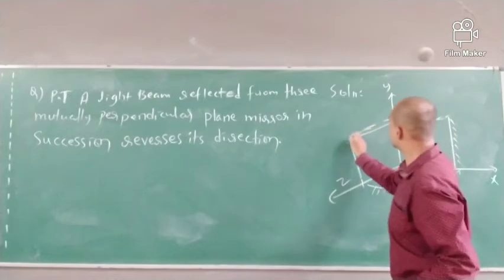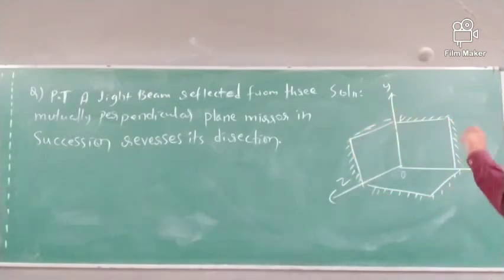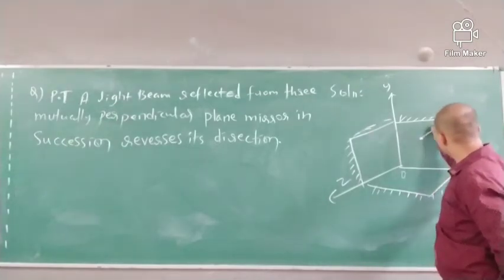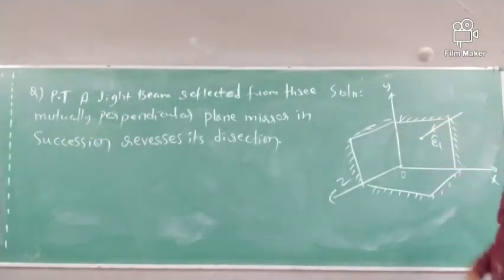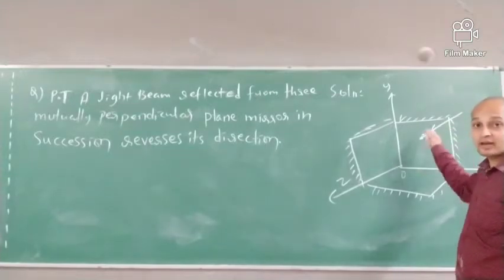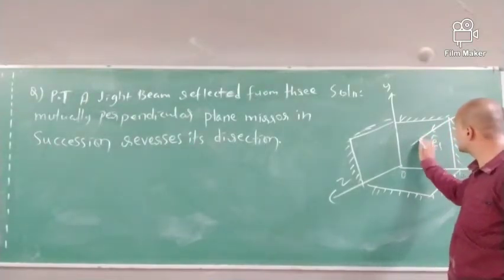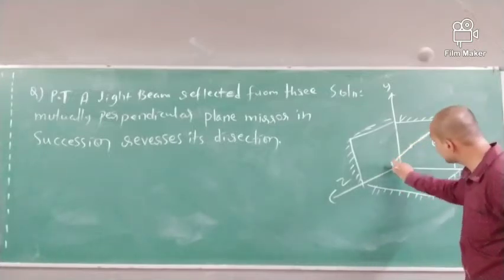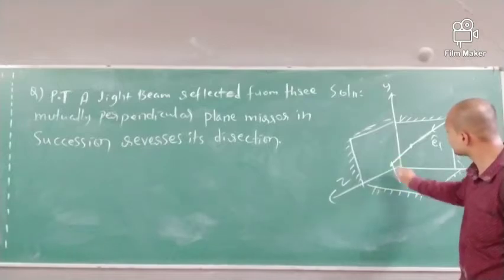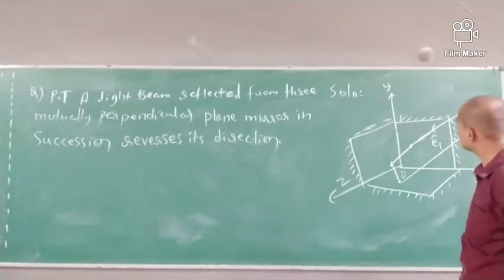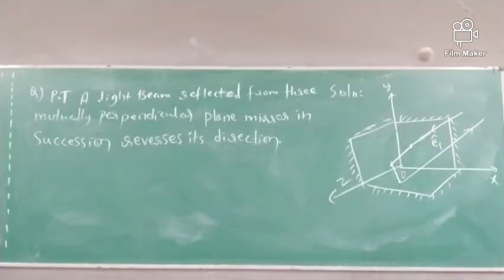What is that? Three mutually perpendicular mirrors. Now what is the content which it is saying is, suppose one incident ray having direction E1 cap is incident on a particular plane mirror. Let's say it will be incident here, then it will be incident here, then it will be incident here on the third mirror, and 100% it reverses its direction. That is what he is trying to tell.